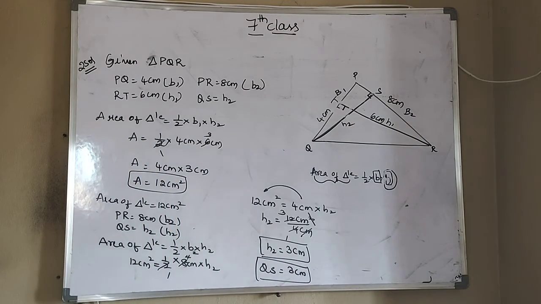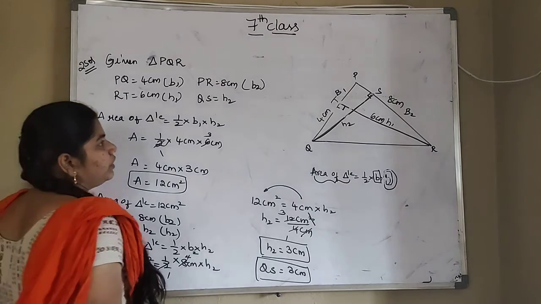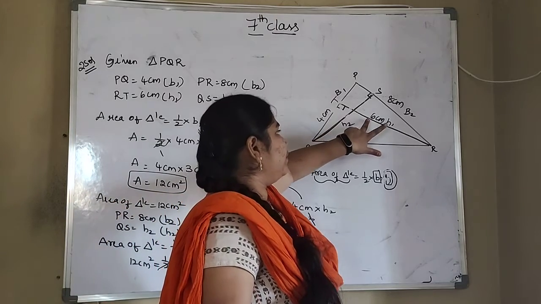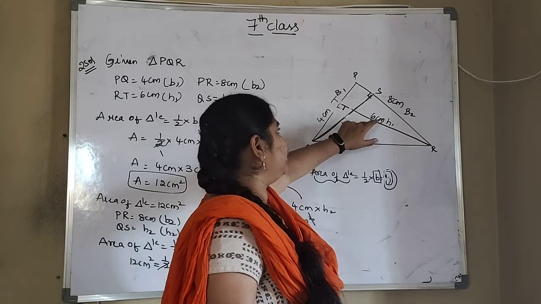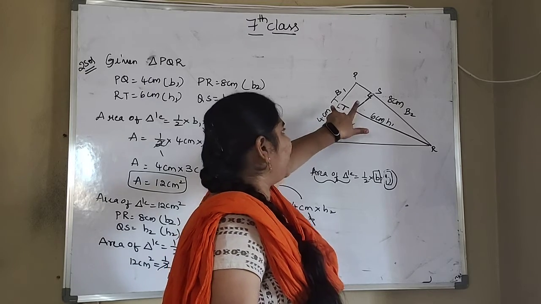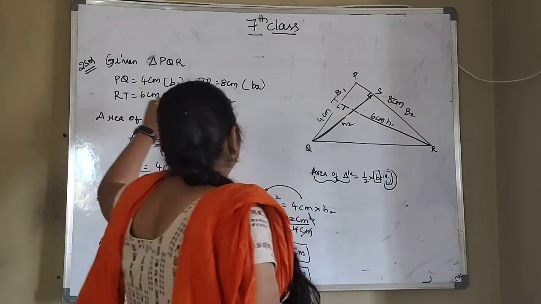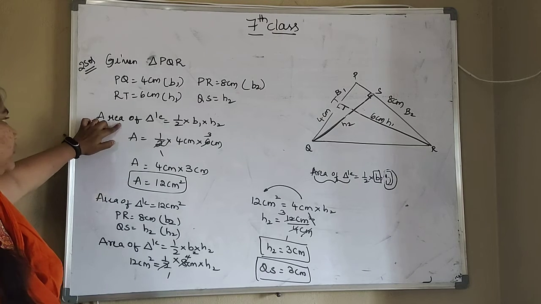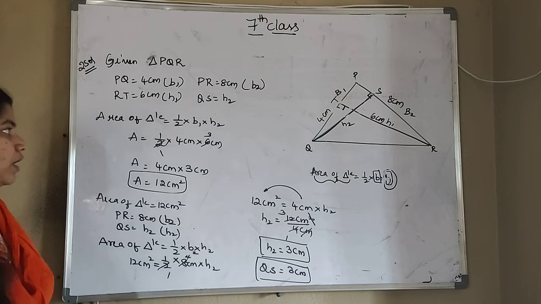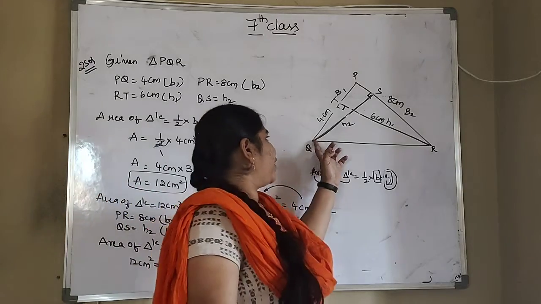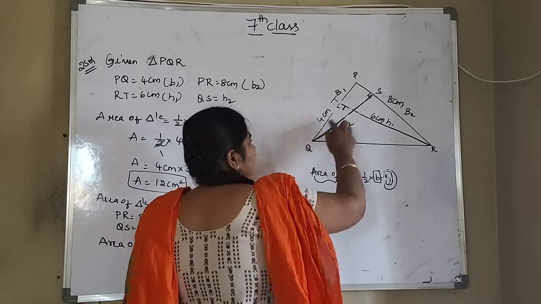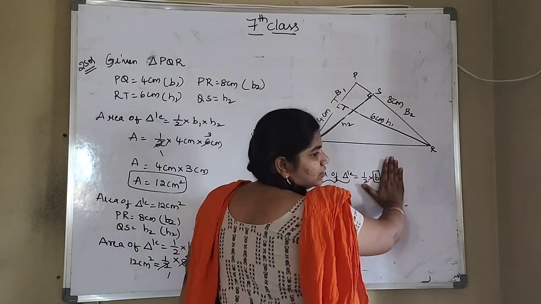So if you know any one of the values, we can find the other value. So what I have given, once again listen here. Which two values have they given here? Base value and height value we know, and base value you know. So by using these two, first we are finding the area of a triangle, that is 12 centimeters square. By applying the formula I got 12 centimeters square. Now what we have to find? We have to find this QS value. How to find the QS value? QS is nothing but height. So I want to find this height.